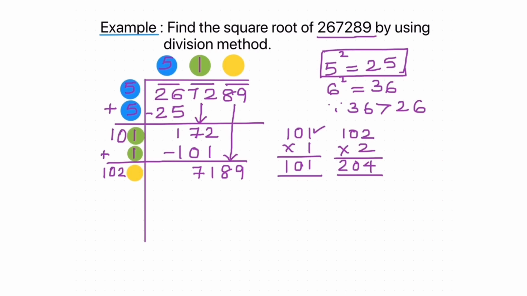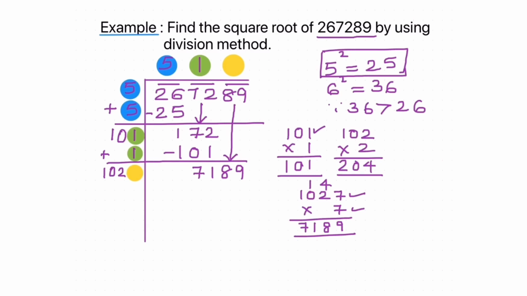So here I am going to choose the digit as 7, because any number ending with 7 multiplied by 7, I get 9 in the units place. So I am going to try with this digit now. 7 times 7 is 49. 7 times 2 is 14. 14 plus 4 is 18. 7 times 0 is 0 plus 1, 1. 7 times 1 is 7. This is exactly same as the dividend, which is 7,189.